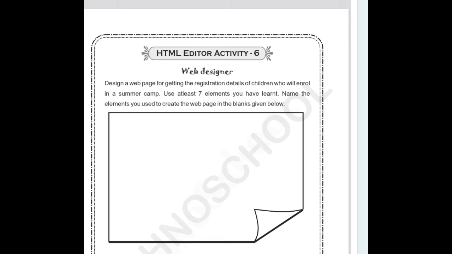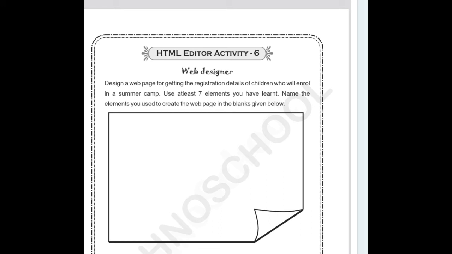You have to give one title for registration, students registration page, or camp registration, something related to the task. You have to give the name of the web page and draw the controls: name of the students and their father name, their father contact number, their address, date of joining, and give one space for a review or any other details, remarks. So this is the way you have to do this activity.